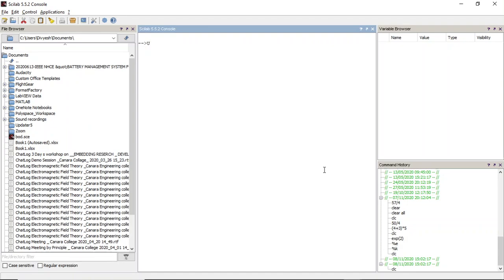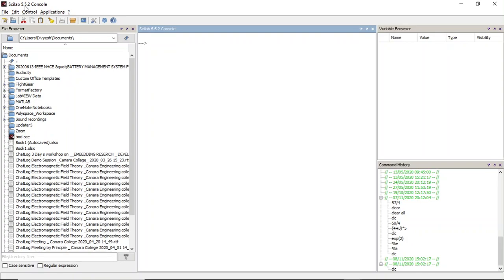Once you have finished your installation, and after double clicking the icon to launch Scilab, the Scilab environment by default consists of these many docked windows. So I have just installed it and my version is 5.5.2. Newer versions are available now. So any version you can work upon, it doesn't matter. The basic features remain the same.